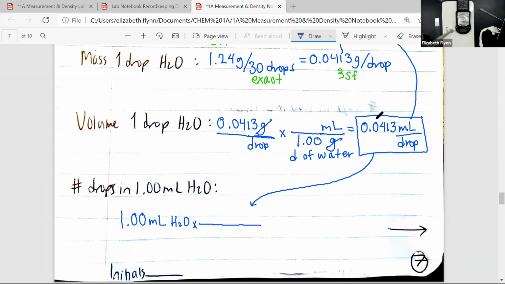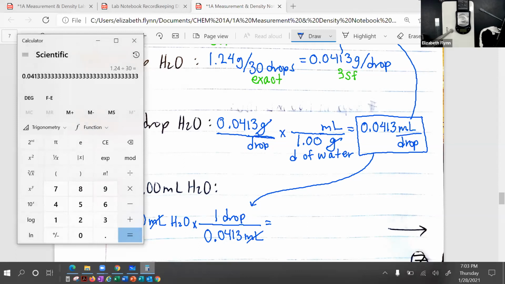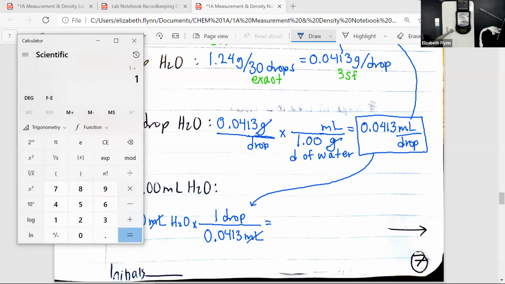Now what we'll do, this is 0.0413 milliliters for every one drop. So we're going to put the milliliters on the bottom so that milliliters cancel out, and we'll have it for every one drop on top, and that's going to allow us to calculate the number of drops. So 1 divided by 0.0413 gives us 24.213